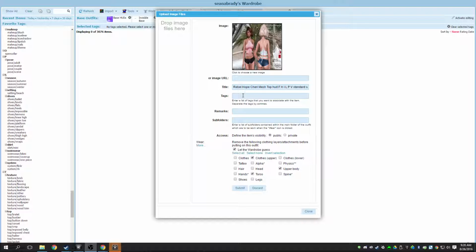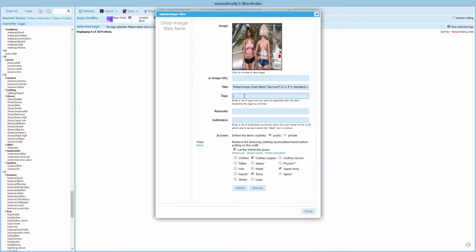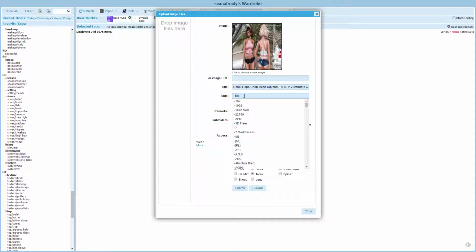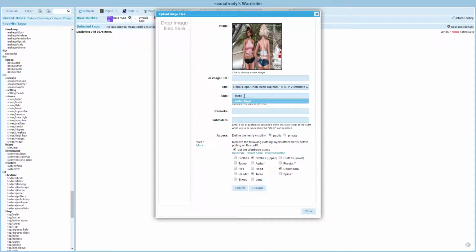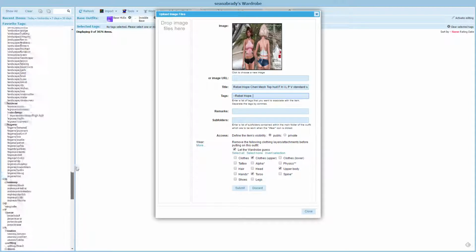So let's talk about single tags first. Single tags are tags that are going to be standalone. They'll stand on their own. My most common single tag that I use is actually the store name. So I'll come down here and I'll choose Rebel Hope. Now, why do I put the tilde in front of this? Well, I put the tilde in front of this because I want all of my store names